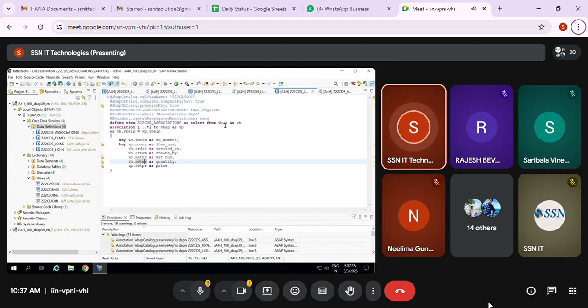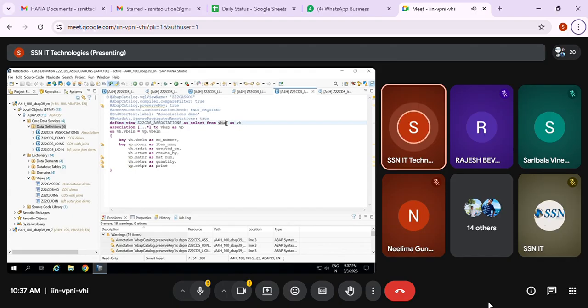But in case of association, if I'm mentioning the fields from only one table, even though it is a join, meaning combining, it's not going to do that combination of data. It will get only the data from that table. So that is the main advantage of associations.